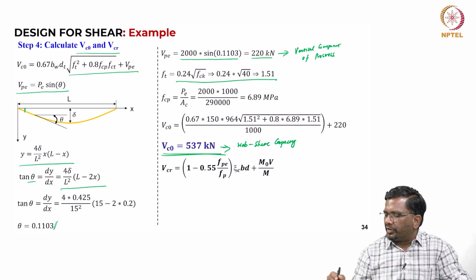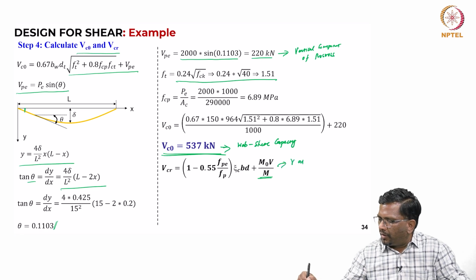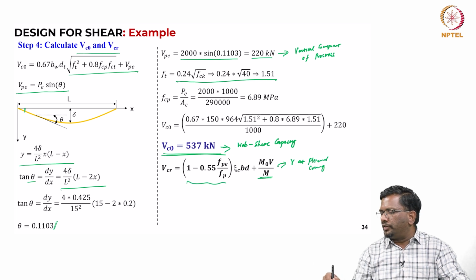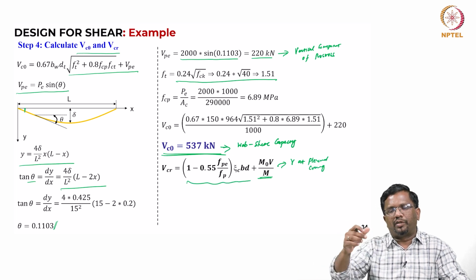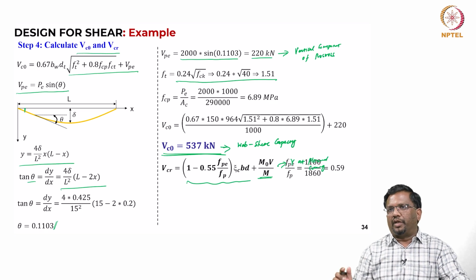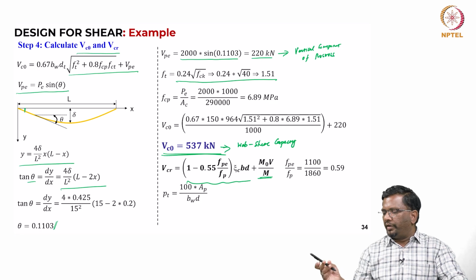And what is the expression? Again we derive this expression, which is m naught into V by m. You see this is the shear at flexural crack, plus this is an additional shear that is required to convert the flexural crack into shear crack, right. So that is why we add this, right. So what is FPE by FP, which is 0.59, and rho T, which is your percentage of your pre-stressing steel,